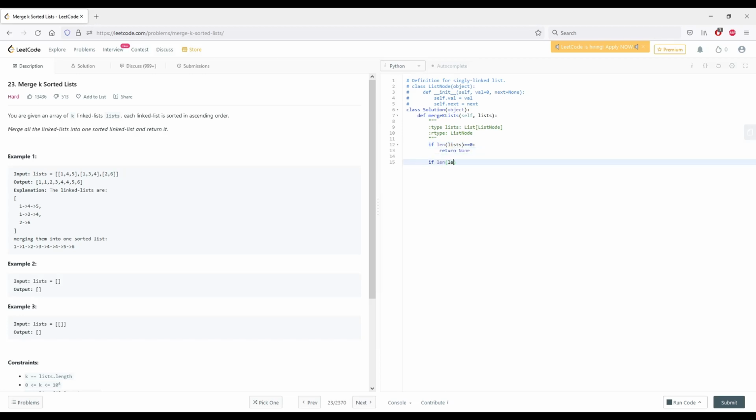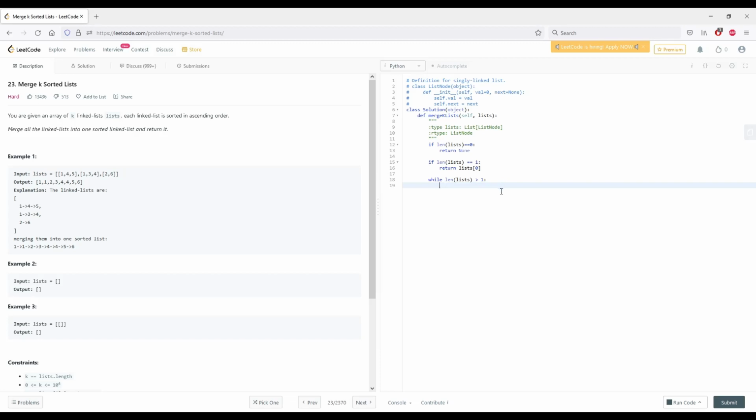If the length of lists is equal to 1, then return the first element in lists. Now what we want to do is, while the length of lists is greater than 1, while all the lists aren't combined yet into one list,